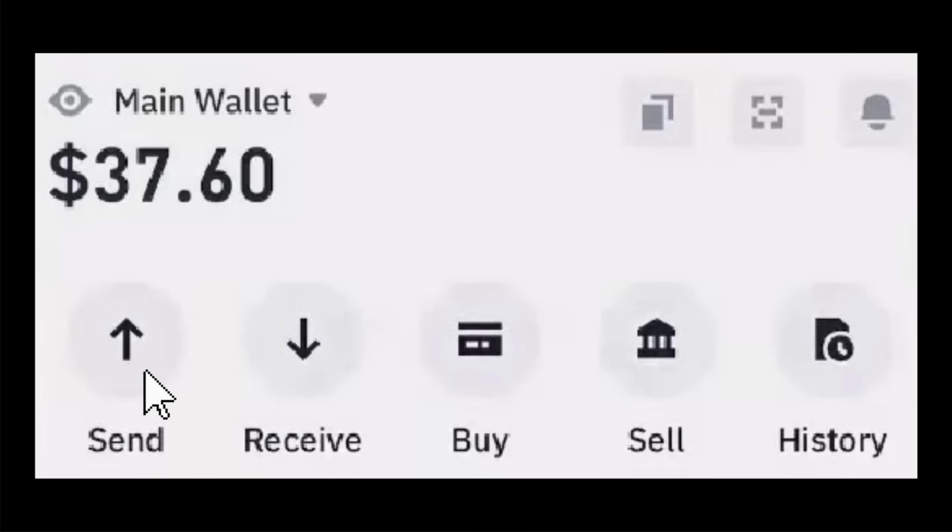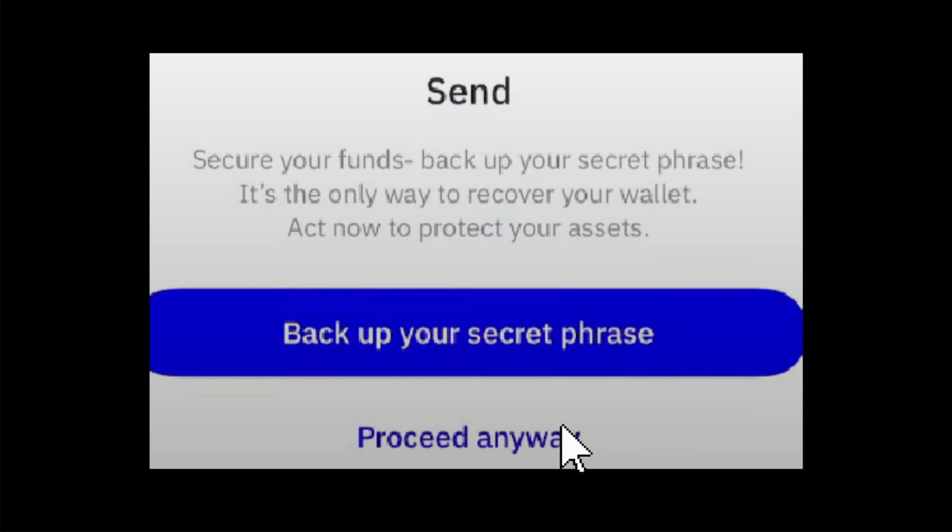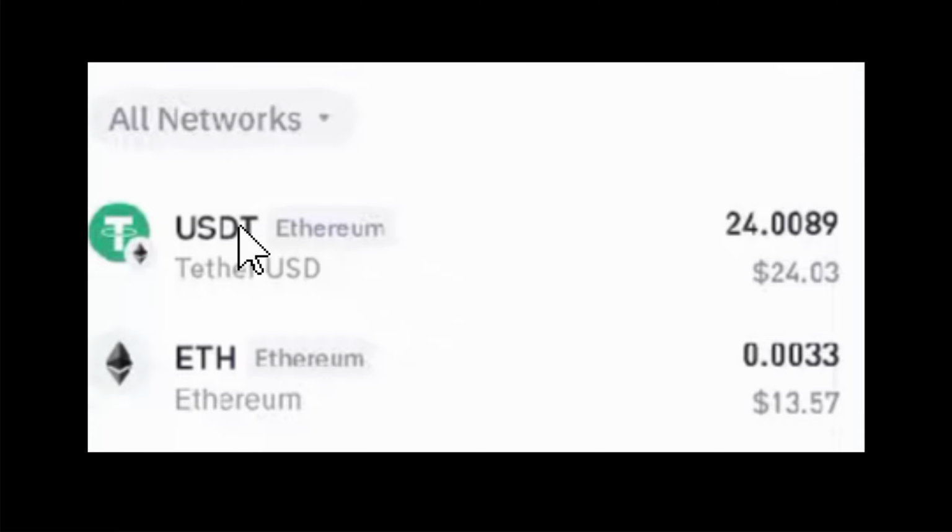Once you open it, just click on the send button right here. And once you click in, just click the proceed anyway if you're not yet backing up your secret phrase. But after that, you need to click the USDT and make sure that you will click the USDT in correct